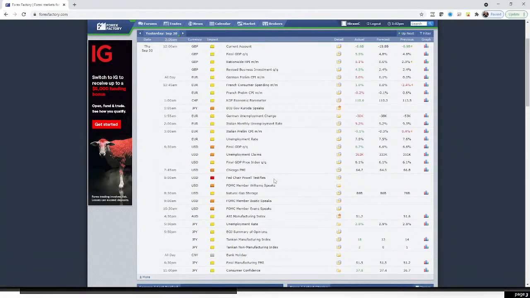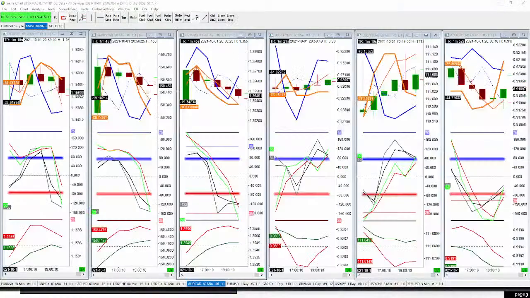Oh, you know what? It was not on Forex Factory. So they were talking about the possibility of raising the debt ceiling, right? You guys have heard about this. It's like $3.5 trillion or something, right? They want to borrow, and now they're holding things up with infrastructure bills unless the other side of the aisle agrees to pass this $3.5 trillion bill.